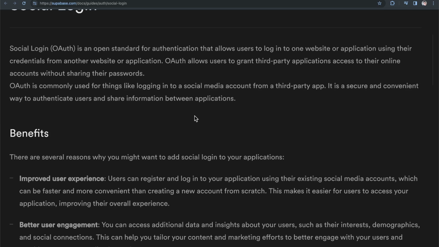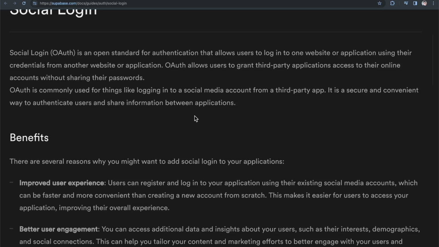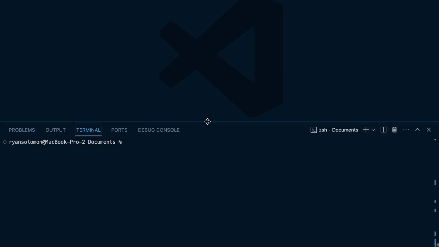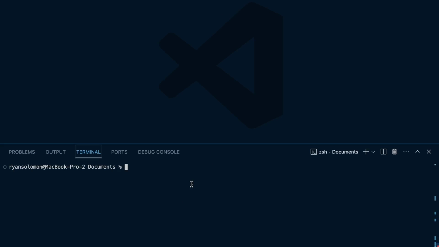And luckily for us, it's actually really easy to do when using Supabase. So to also be clear, we are going to create a Supabase project and do this as well. So what I want to do first here is I just want to create a kind of demo application with Next.js, just a starter template that we can add this social login to. And I'm thinking that we'll just do a login with GitHub. But if you're doing login with Google or Twitter or Spotify, you're going to follow a very similar process for all these. So if you learn how to do one, it's going to be a very similar process for all the other